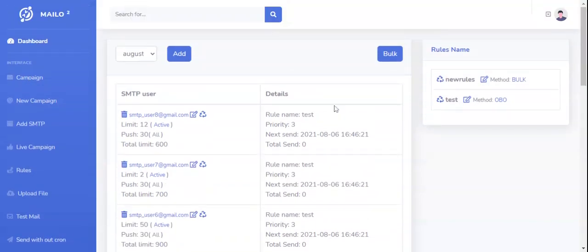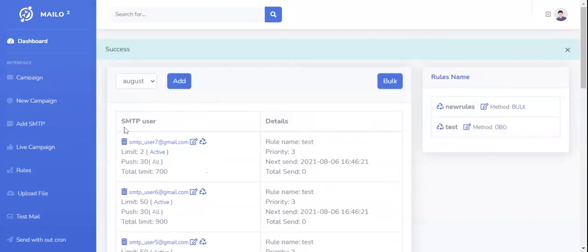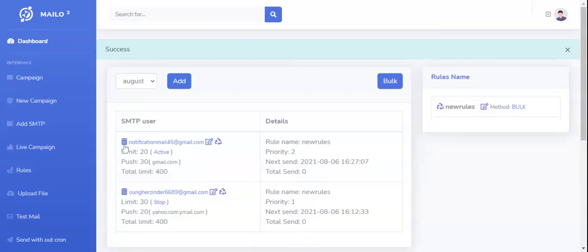Okay. And there is another process if you want to set in bulk. If you have so many SMTP, like 50 or 80, it is difficult to set them manually. I will just remove all the rules.